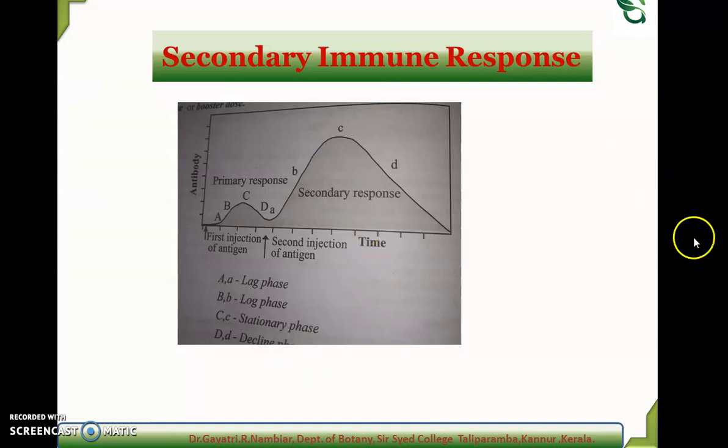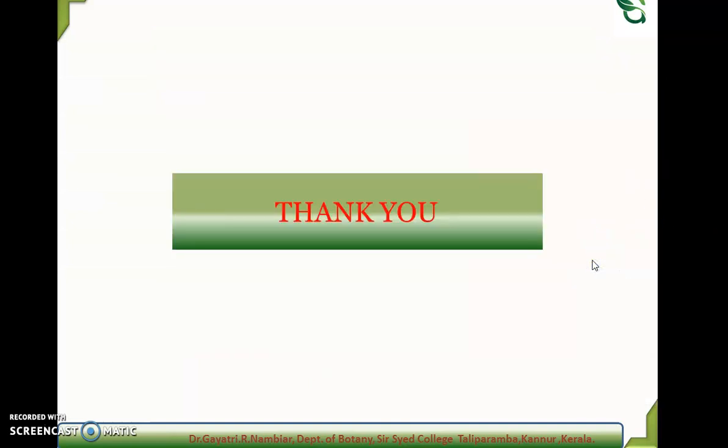So this is about primary immune response and secondary immune response, and both responses are shown by both types of immune response, that is cell mediated or humoral mediated. Normally two types of mechanism of immune response are there, cell mediated and humoral mediated. We will come to it in coming classes, and both mechanisms show both types of immune response, that is primary and secondary immune response.